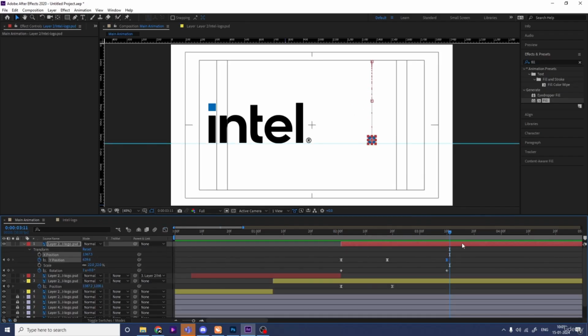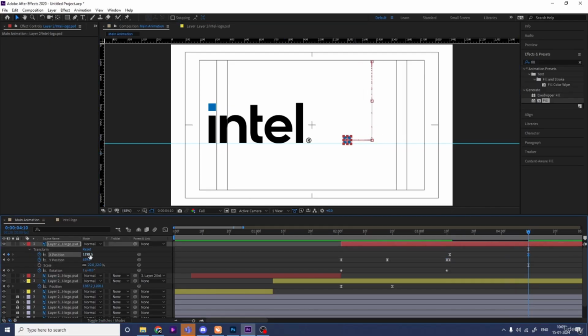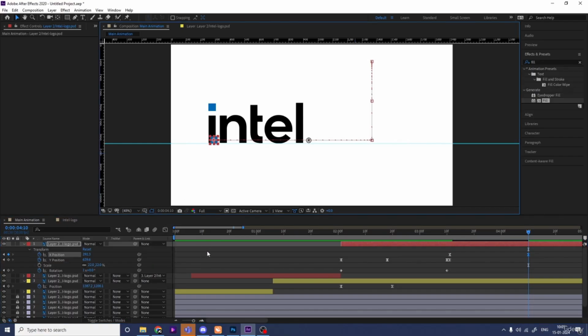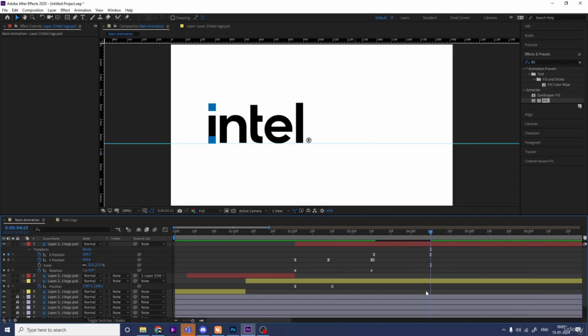like this. Then go over here, hit the Page Down button one time, create one keyframe at X position and one keyframe at Y position. Select both the keyframes and hit F9 to ease the graph. Go somewhere around over here, select this and let's change the X position somewhere around over here. Okay, then create one keyframe at Y position, go a few frames forward somewhere around over here, change the Y position